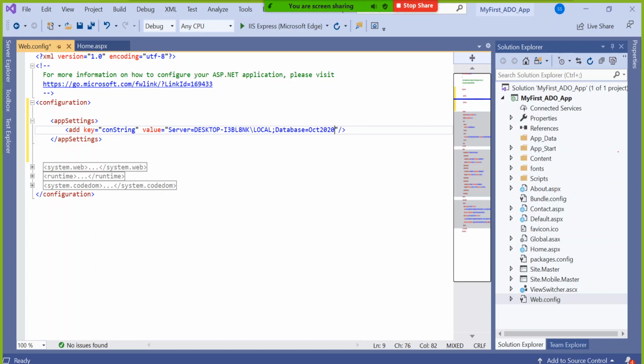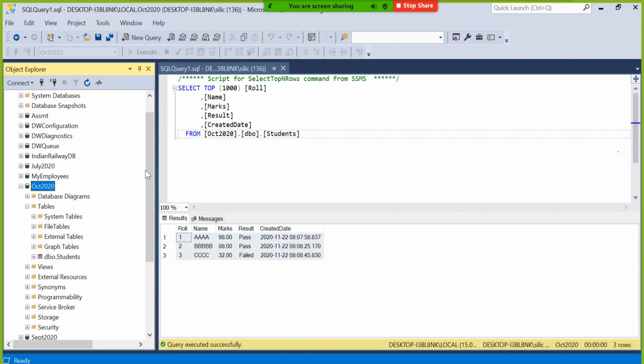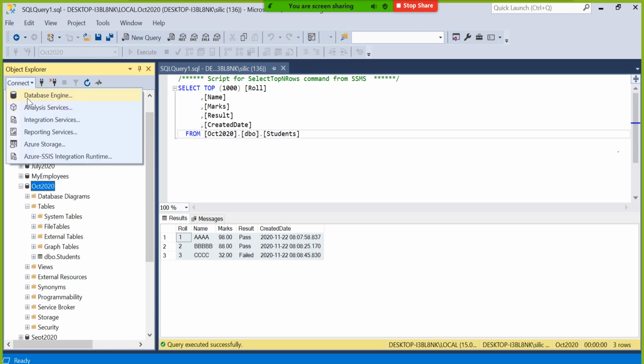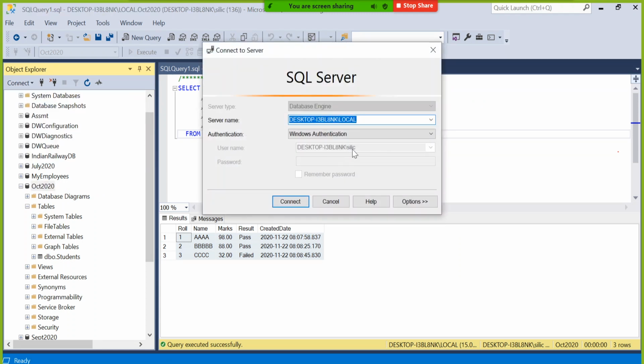Four things I said: server name, database name, user ID, password. Tell me, did we use any user ID and password to connect to this database? No, right? We went for Windows authentication. Only if you are going for SQL Server authentication, during installation itself, we would have decided that my database will need a user ID and password, or it will not need any.